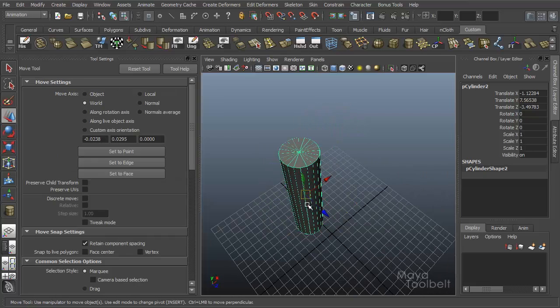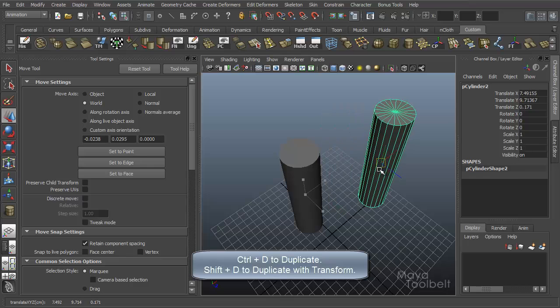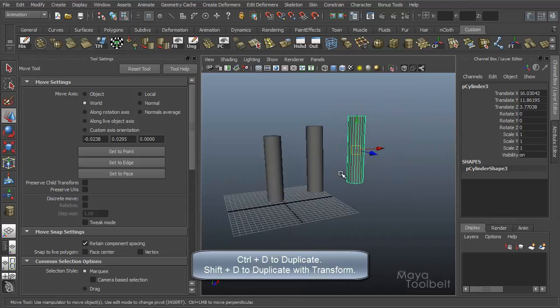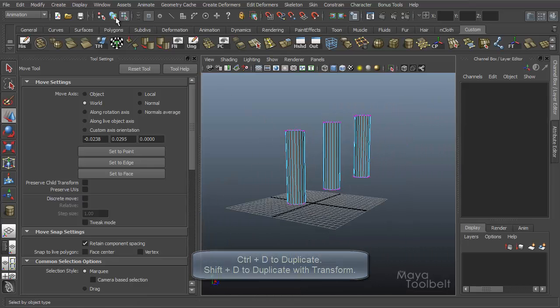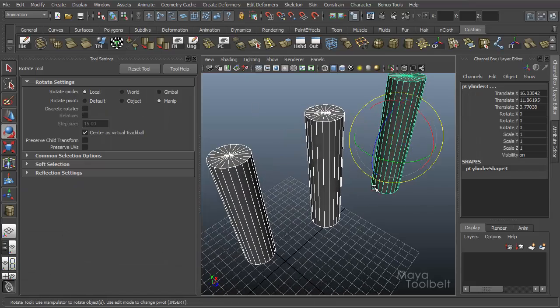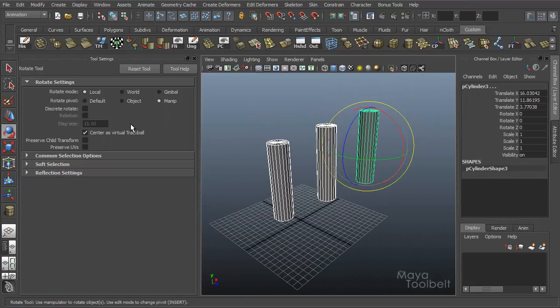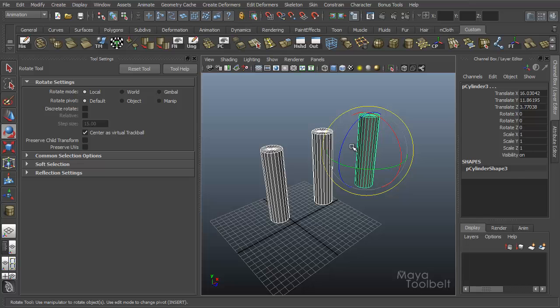We'll create a couple of them. So let's duplicate this with Control D. Like so. Alright, so I got 3 cylinders here. I'm going to object mode, and all their pivot points are in the center of each one. I'm going to reset my rotate tool, and now the rotate pivot is default, which means the pivots for each